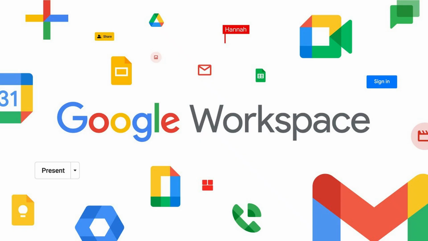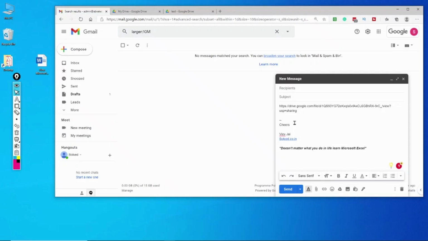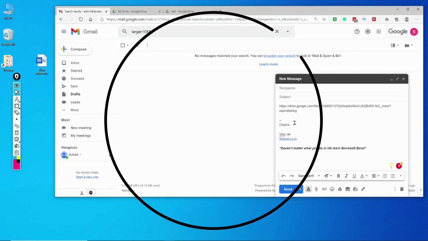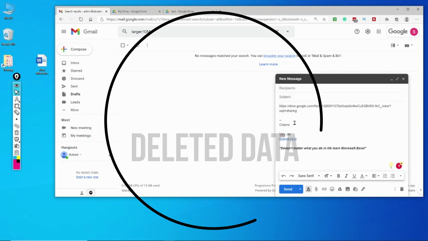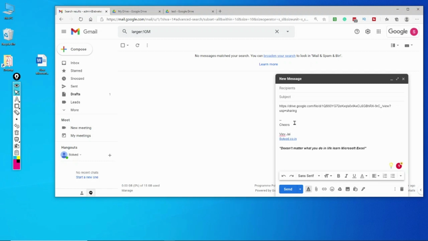This is one of the benefits which you can use in Gmail, and this will help you save on space. I personally use Google Workspace. It helps me a lot. There are so many benefits I can't even tell you of using Google Workspace. One of the very simple benefits being you can undelete or restore the data for the last 28 or 30 days. So in case someone has left your organization and he or she might have deleted some important emails, and now you have no option of recovering those emails, if you are using Google Workspace, you can go into the admin panel and restore the data for the last 28 days.